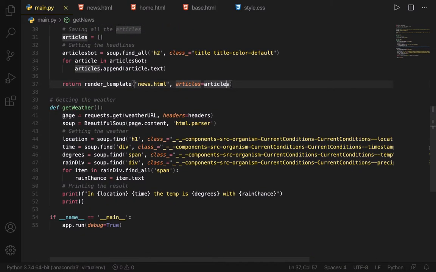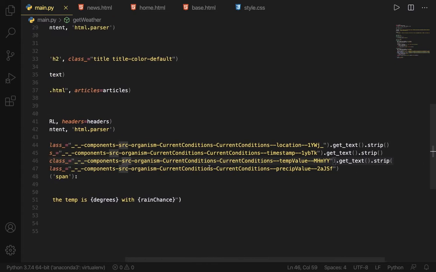Next I have the get weather, same page and all that. Then we are finding first the location, then the time, the degrees, and this rain div is for nested finding, if you would. So rain div is basically a div in weather.com which shows the chances of rain, but